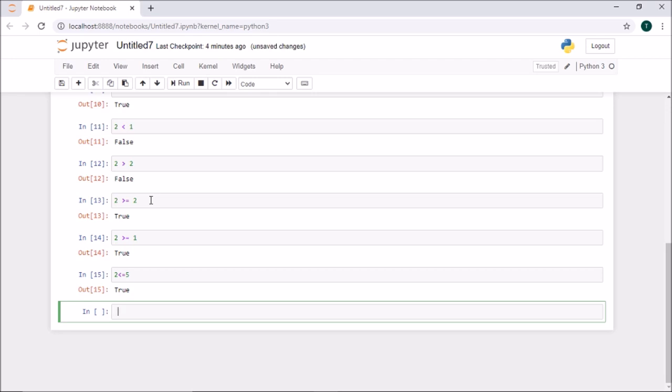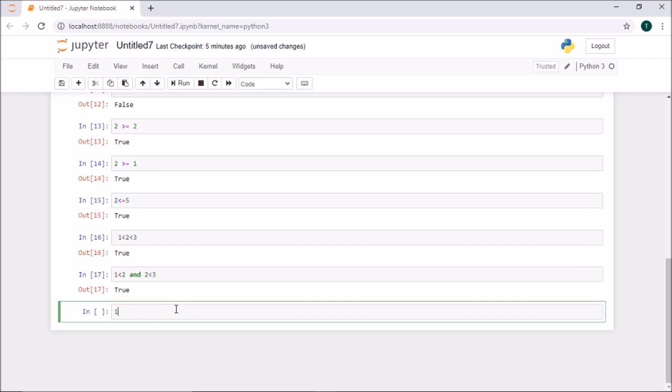So I'll write 1 is less than 2 is less than 3. This is right? So 2 is obviously greater than 1, 3 is obviously greater than 2. So if I run that, I'll get the value true. Okay, we can rewrite it as 1 less than 2 and 2 less than 3. In an AND gate, both the conditions must be satisfied for the output to be true. So this condition satisfies, yes. This condition satisfies, yes. So my output will be true.